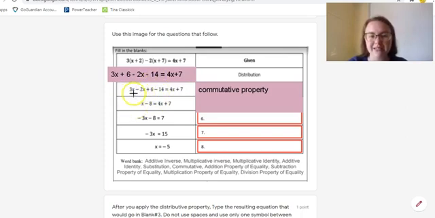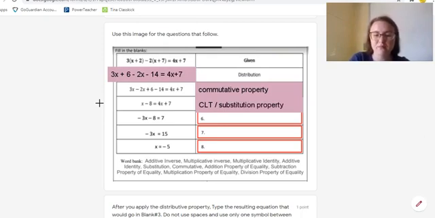My 3x minus 2x turned into just an x, and my 6 minus 14 turned into a negative 8. So that's just combining like terms, or substitution property. Okay, so anytime you combine like terms, it's just substitution. Okay? So now I'm going to look at my